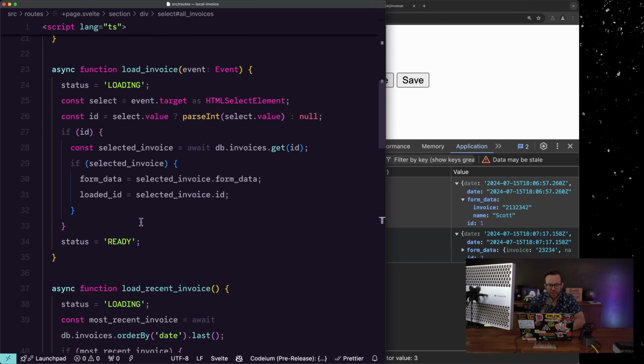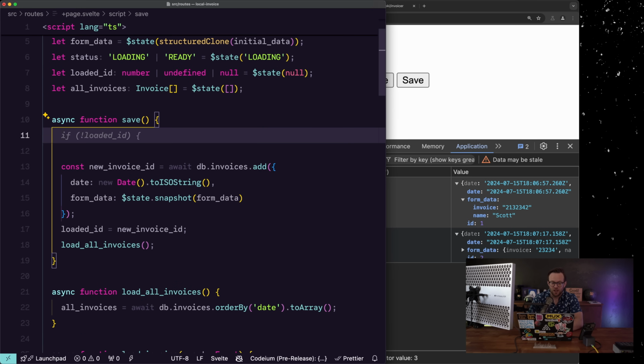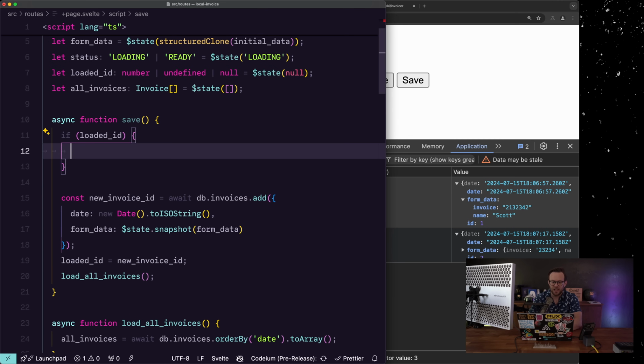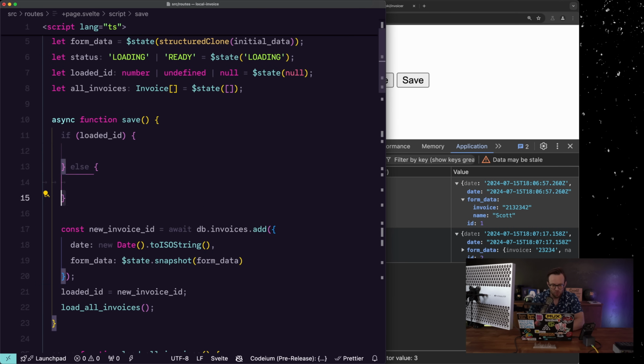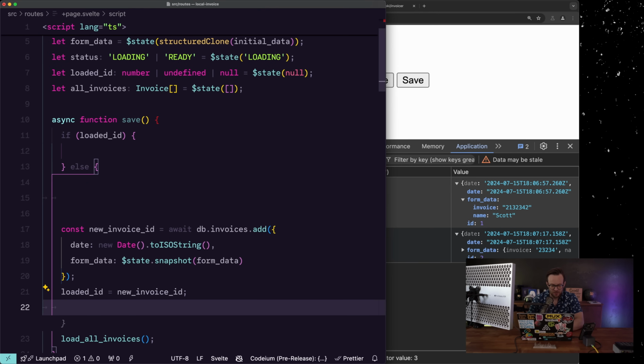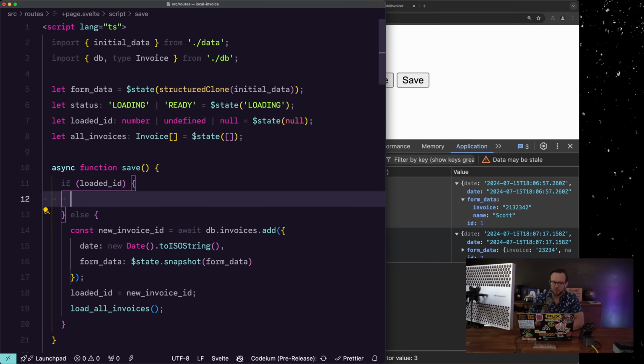So let's go ahead and fix that in our save function. Now, the save function is going to be kind of what you imagine it to be, where we're going to check to see if the ID exists. In fact, if loaded ID exists, if we currently have one loaded, we don't want to create one. We want to update it. Otherwise, we'll want to go ahead here and create a new one and then run load all invoices. So if loaded ID exists already, we'll want to do a simple